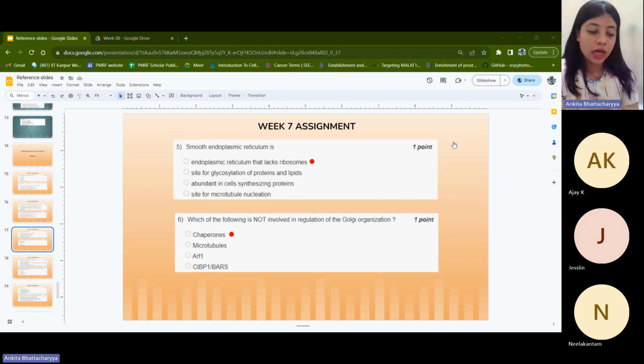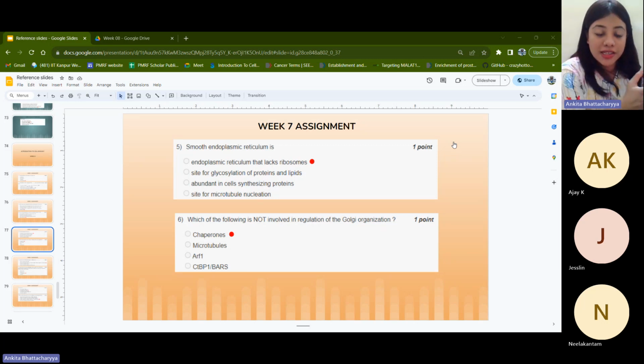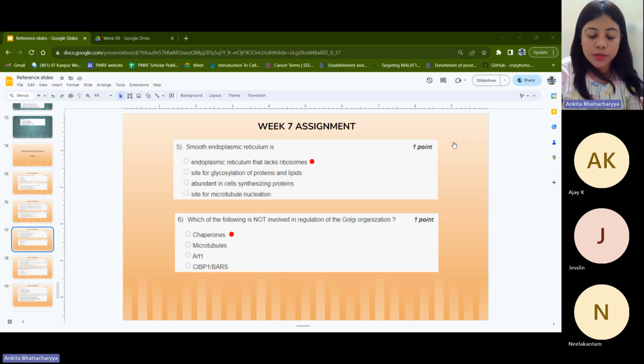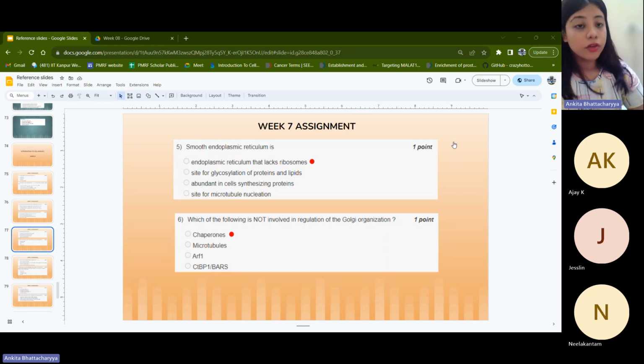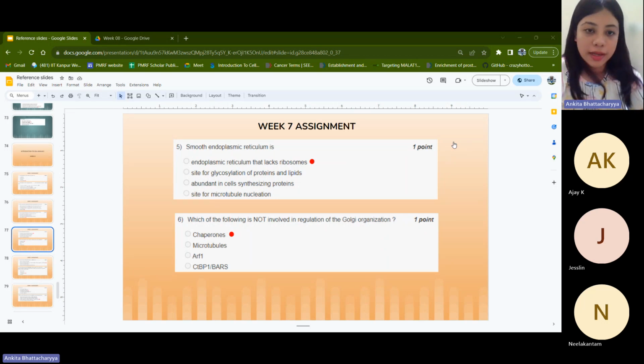Now coming to how they function. The endoplasmic reticulum is a tubular network. It's not one compartment, right? I think I mentioned this in the last class. Because it's a tubular network, a part of it is in direct contact with the nucleus, which is where transcription is occurring. From transcription, the immediate next step under normal circumstances is translation. For that, you need ribosomes to be available. That availability is brought about by the endoplasmic reticulum carrying ribosomes, which is why the RER is in most cases in direct contact with the nucleus.